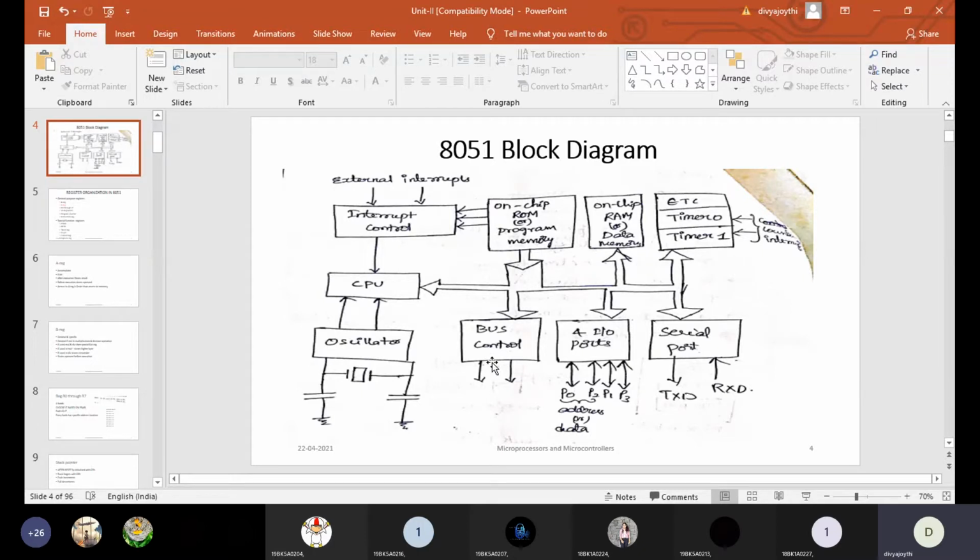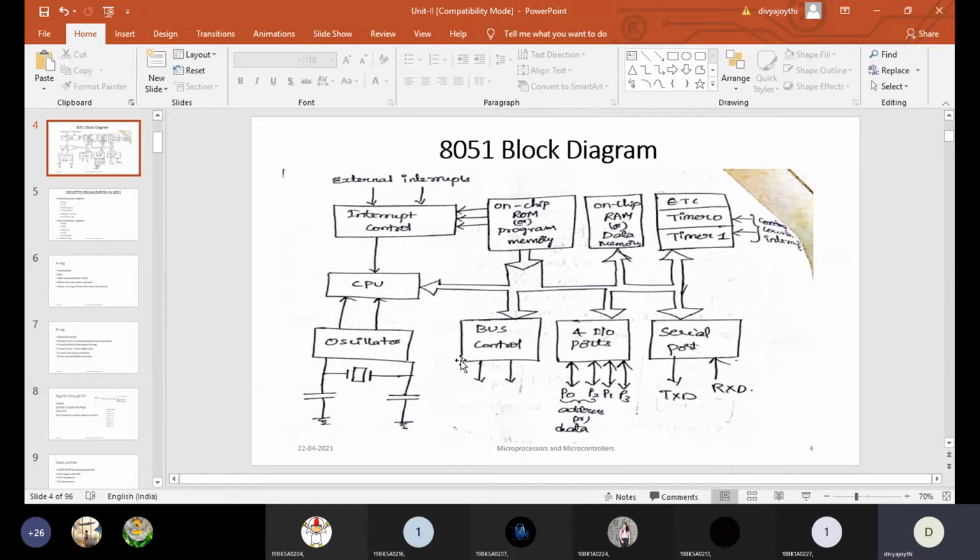And next, if we move on to the next part, that is bus control. Do you know what exactly a bus is? There are three different buses: one is the address bus, another is the data bus, and another is the control bus. All those different types of bus signals are generated by this bus control. Here we can say one thing: bus control will not give any kind of bus to whomever they want. Based on the requirement, based on the priority, bus control will release the type of bus. We have three buses.